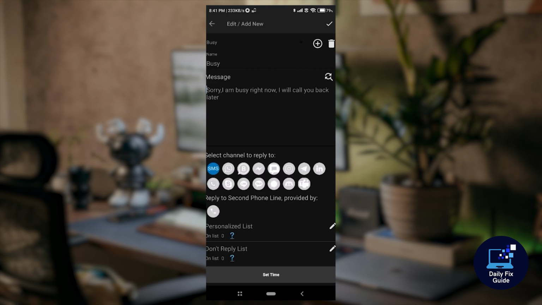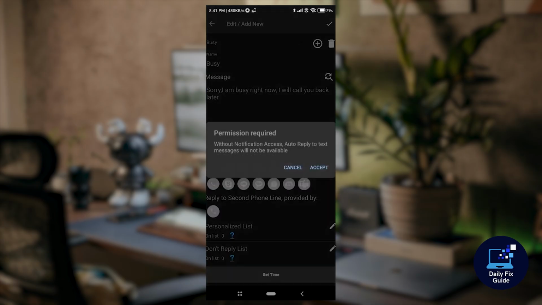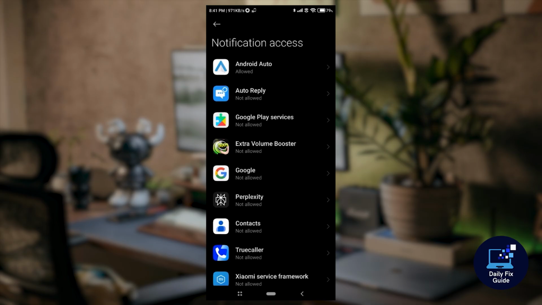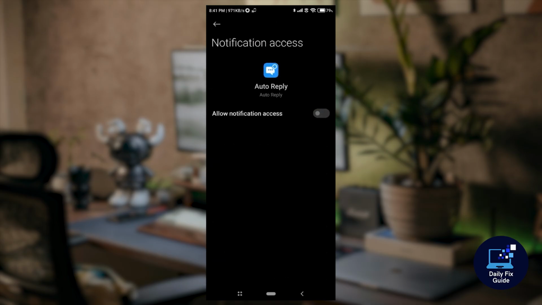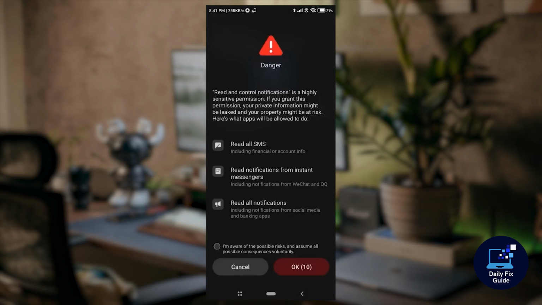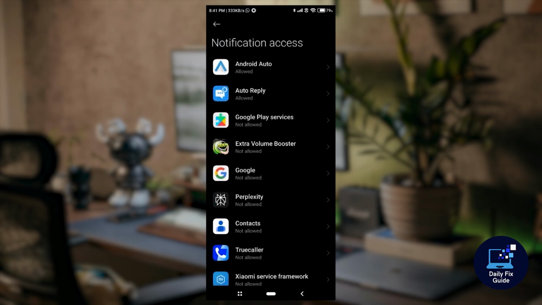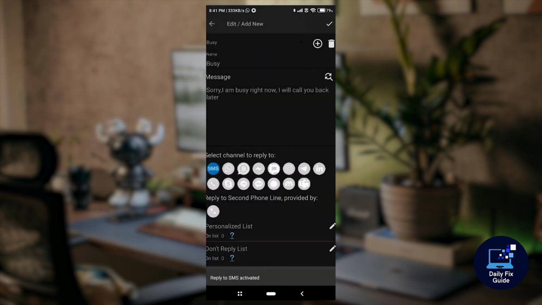So click on that option and then you have to give it permissions. So simply click on Accept and simply choose Auto Reply over here and enable the option right over here. Now, you might see this type of screen, so don't worry, it's only getting the access for auto replies. All you have to do is check the box at the very bottom left, then click on OK. Now you can go back to the main menu, and over here,